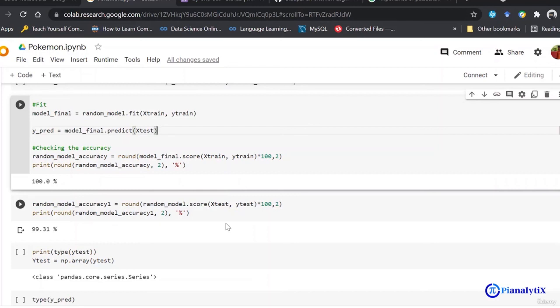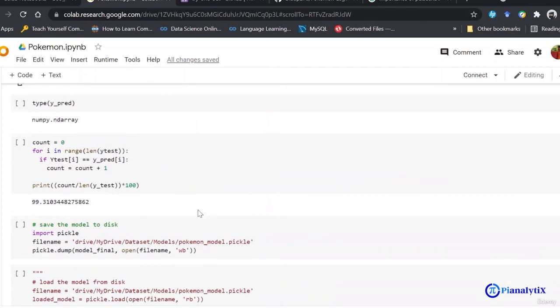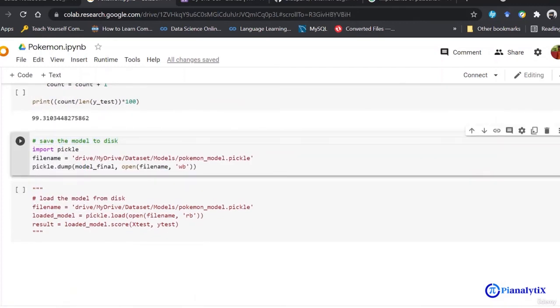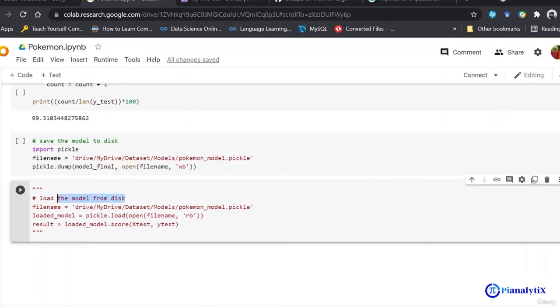Finally, what we will do is just save the weights of the model and use it directly to predict when we will be building our Django application. So you can see that I have saved the model to disk, and this code here is how I will load the model from my disk. So now we will go to the second part, that is building a Django application.